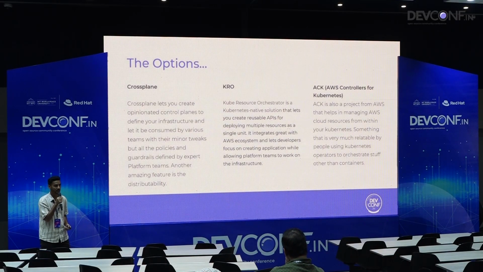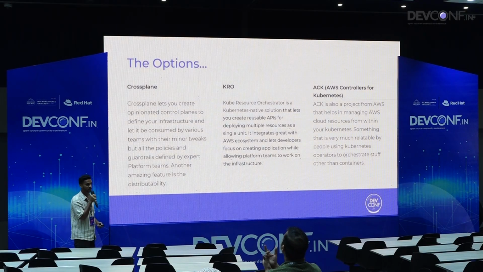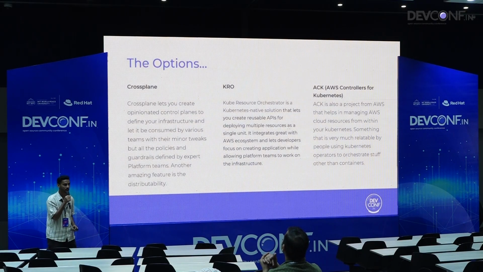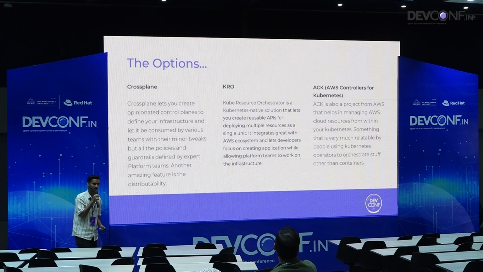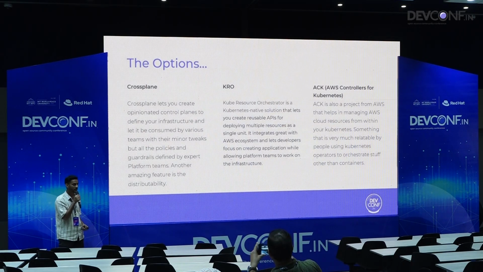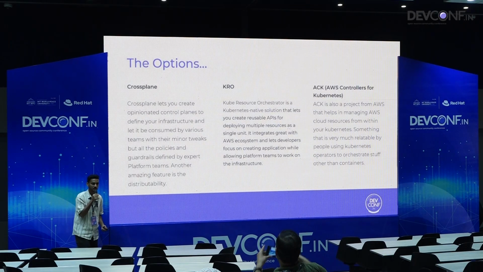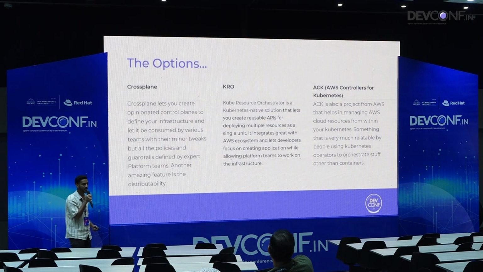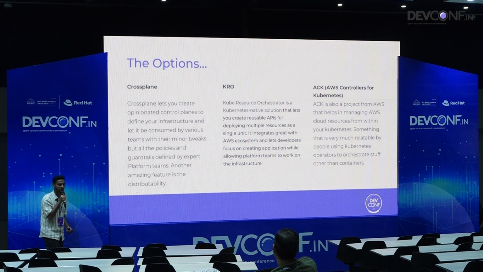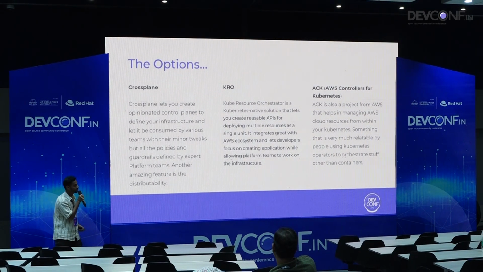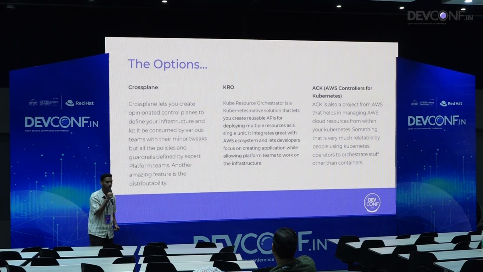One of the first tools that I started using, looking for a change from Terraform, was Cluster API, if you know. It's also a Kubernetes maintained project, but that was limited to Kubernetes. And infrastructure is more than Kubernetes, right? It's lots of S3 buckets, RDS instances, a lot of things. So that's where I discovered another tool from an organization called Upbound, but donated to CNCF, which is Crossplane. What Crossplane does is it lets you define your control loops, your control planes, and you can define any kind of control plane which consists of all the infrastructure that you want to create, and then provide them as a service to the dev teams to consume.